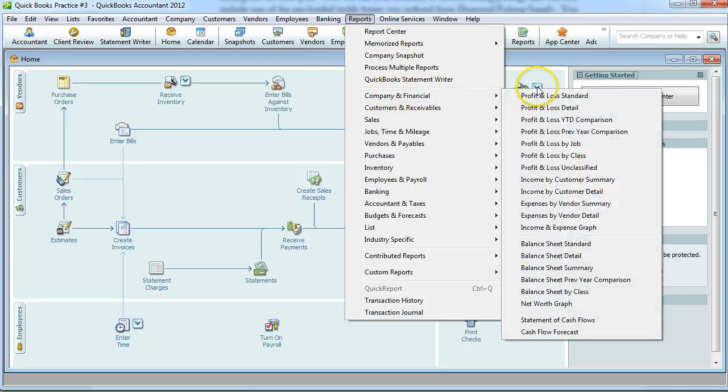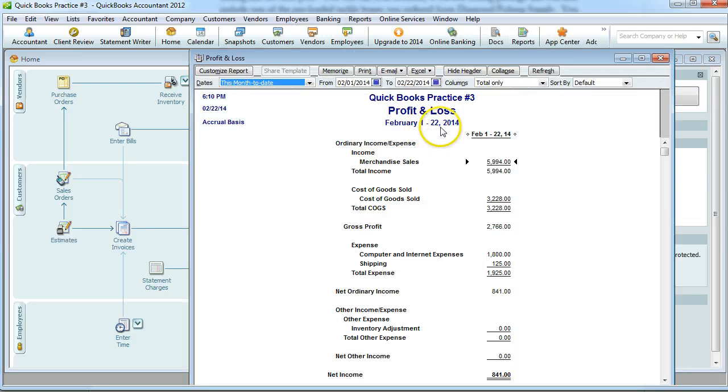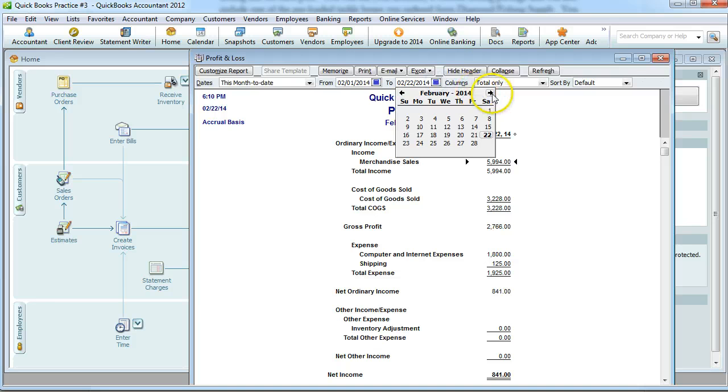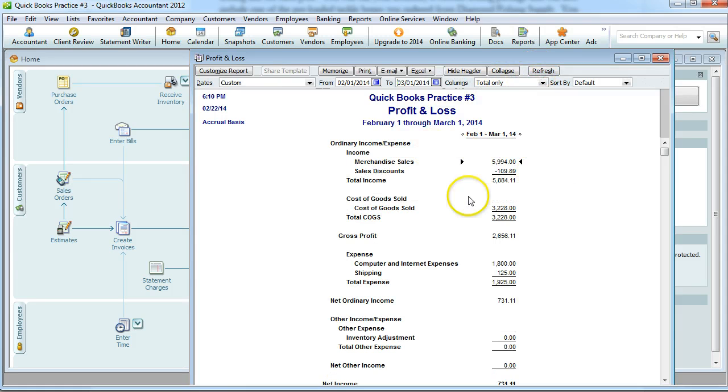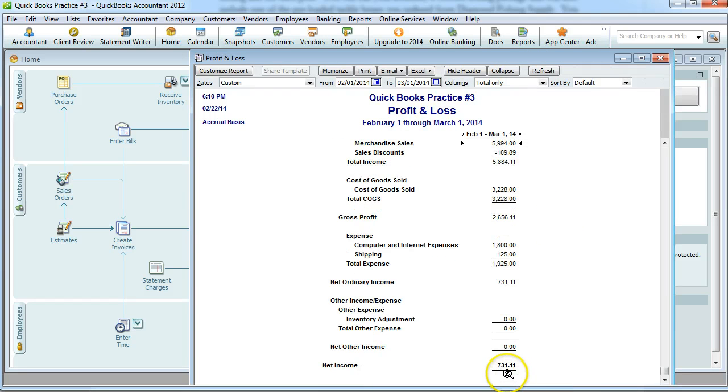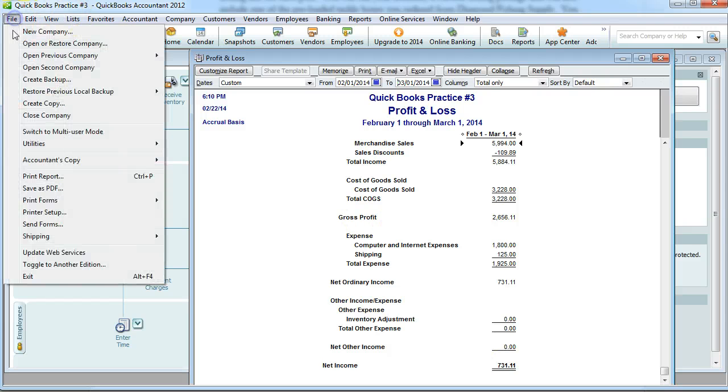If we bring up just the default, see where it says 1 to 22nd, we can change this second date to March 1st and hit refresh. Okay, so now we make sure we have everything, and the net income for this exercise is $731.11. So we're going to save that as a PDF,